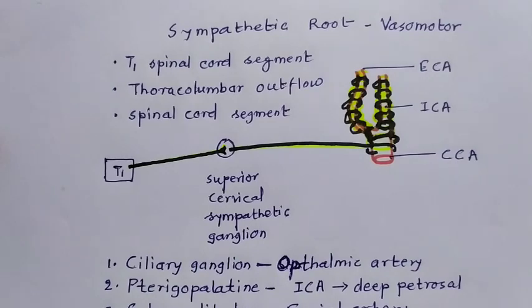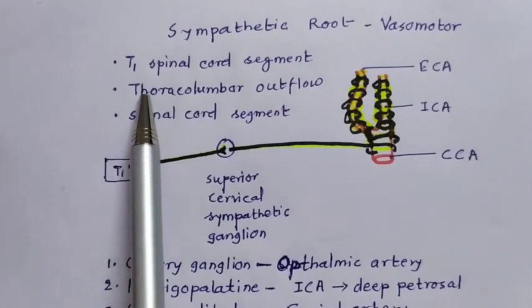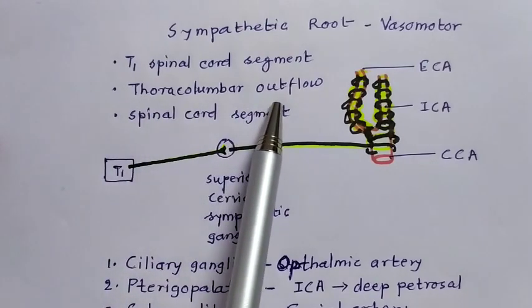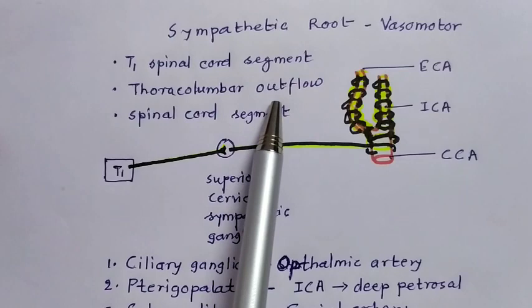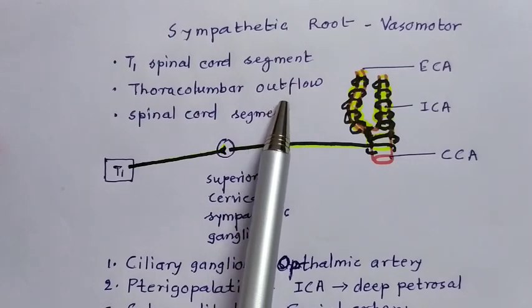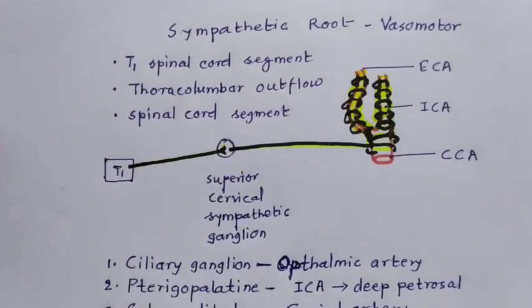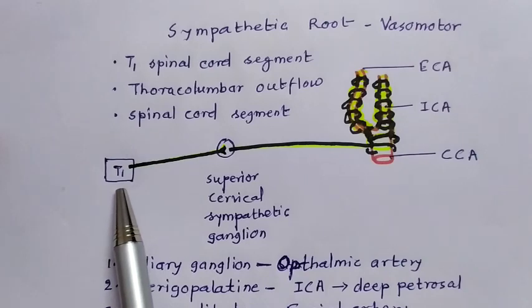In the part of the spinal cord between the first thoracic to second lumbar segment, the spinal cord contains the sympathetic portion, which is called thoracolumbar outflow. The sympathetic route for the peripheral parasympathetic ganglions begins in the T1 segment of the spinal cord,